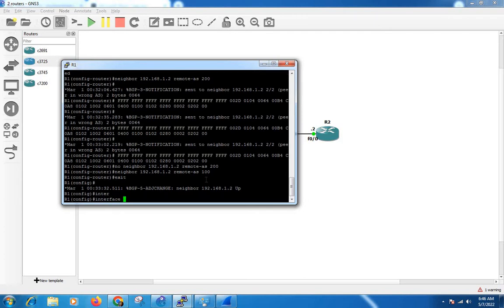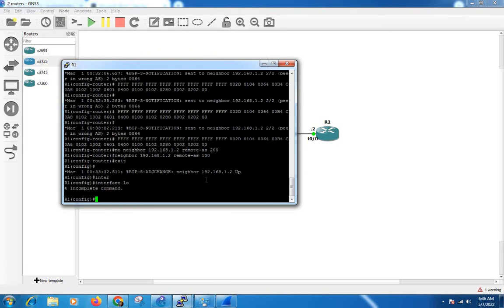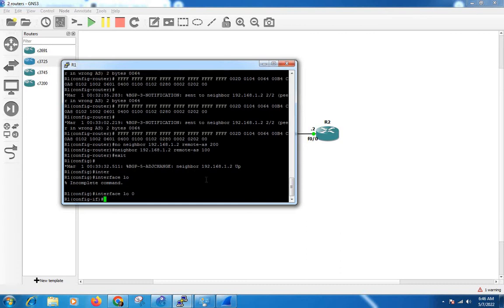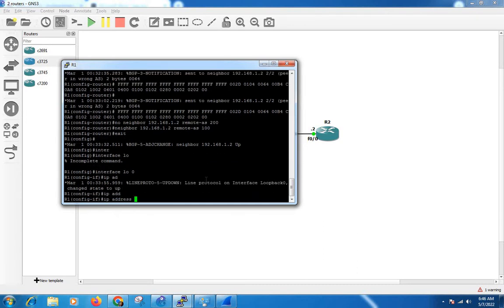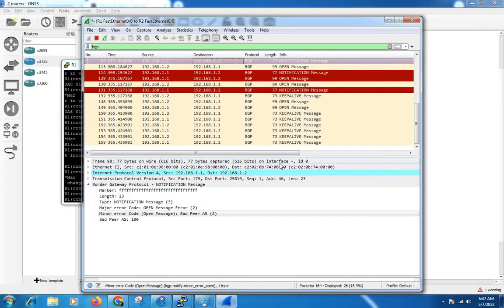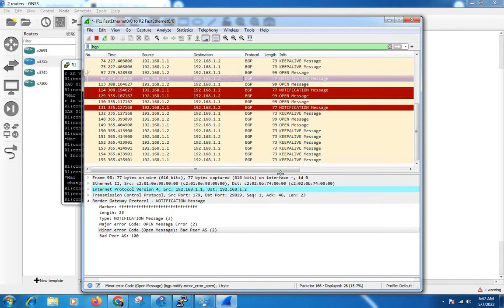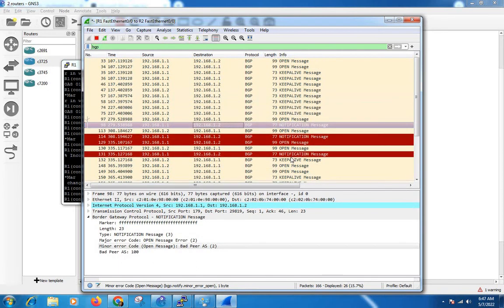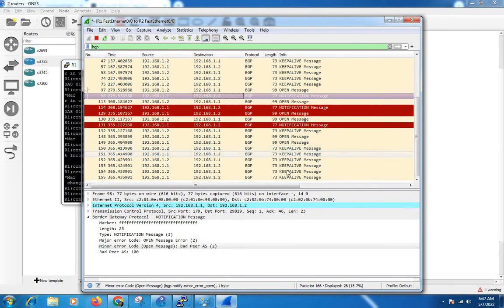So I'll create one loopback. Interface loopback 0, IP address 1.1.1.1, 255.255.255.255. I have advertised this interface. I'll check whether I get any update. BGP is a slow protocol, that's why it takes time.